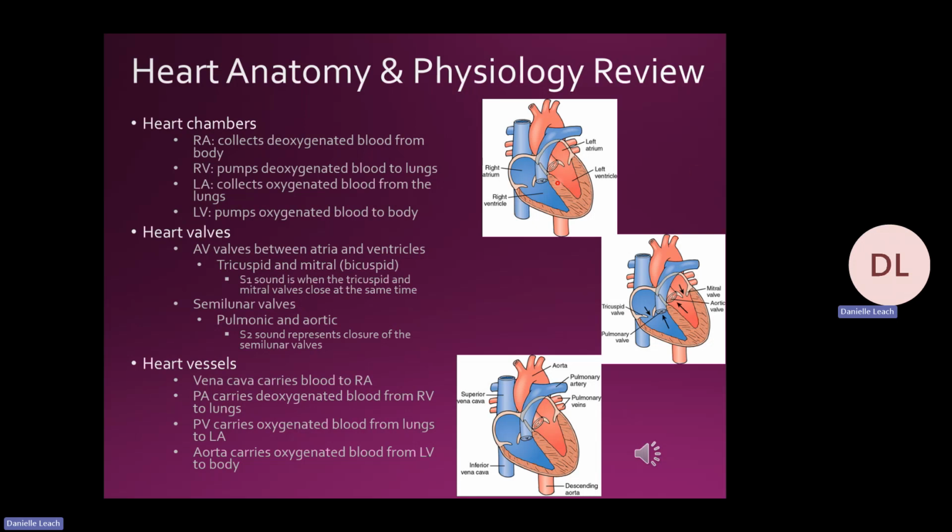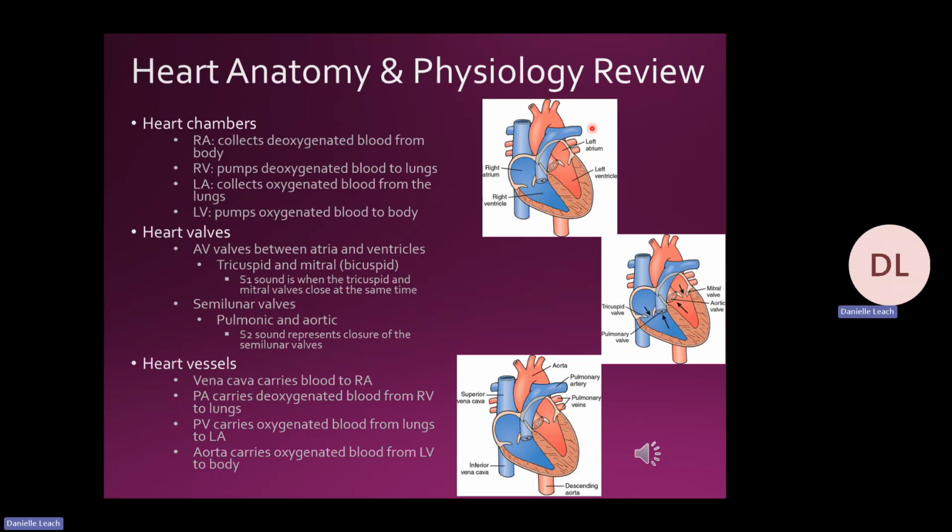So the right atrium is right here, and it is going to collect deoxygenated blood from the body from the superior vena cava and the inferior vena cava. As you probably already know, it's blue on these diagrams because it's deoxygenated. Then we have the right ventricle, and the right ventricle is going to pump deoxygenated blood to the lungs. So it's going to pump up into the pulmonary artery to the lungs, where the lungs will oxygenate the